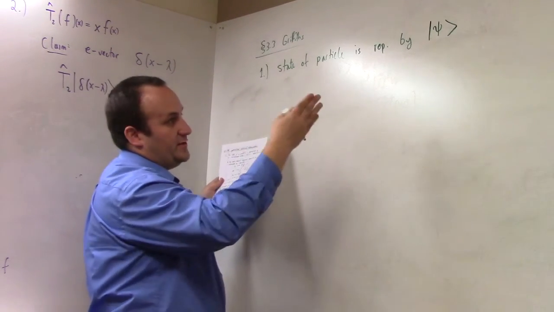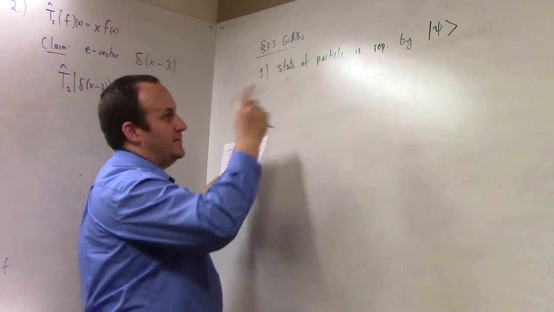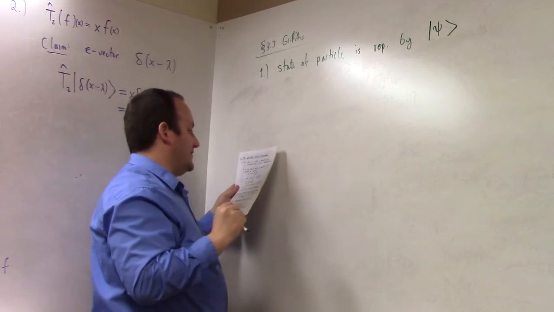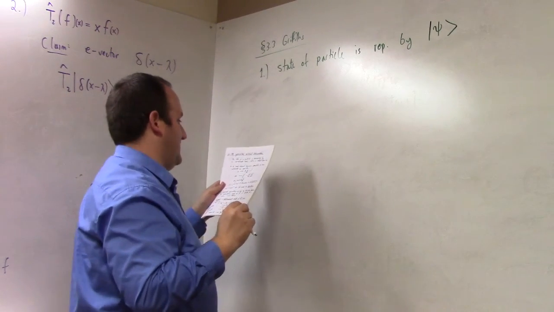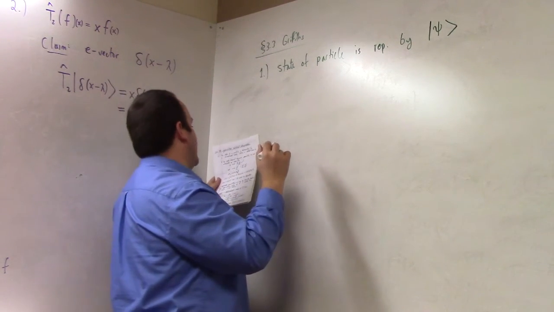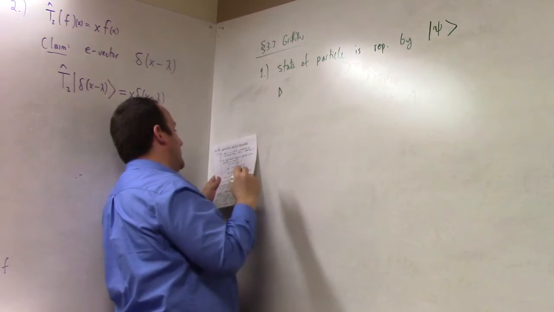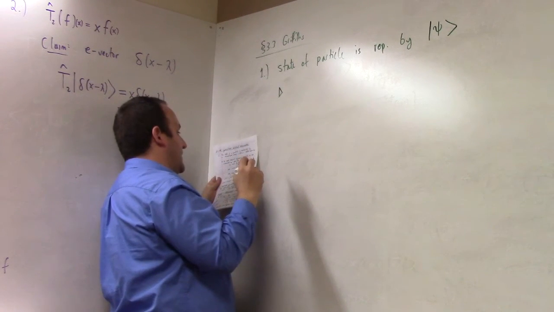So the state of a particle is represented by this bra vector. This is a state in the Hilbert space. Well, sort of. Possibly Hilbert space. I'll put some fine print on that one there. Anyway, here's the idea: to each classical dynamic quantity,